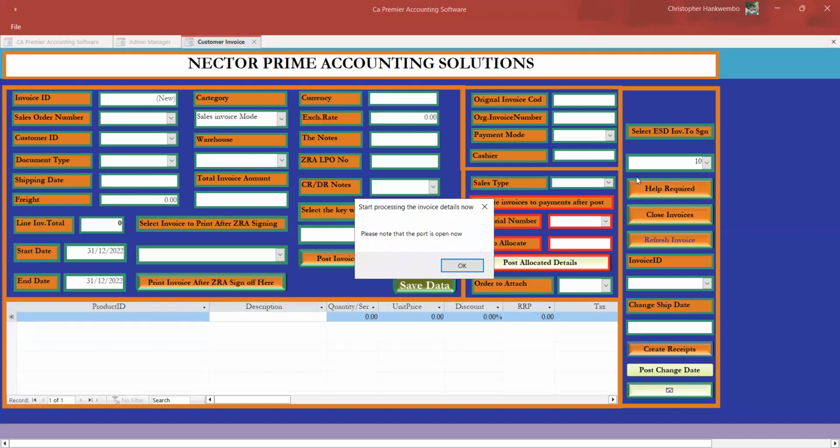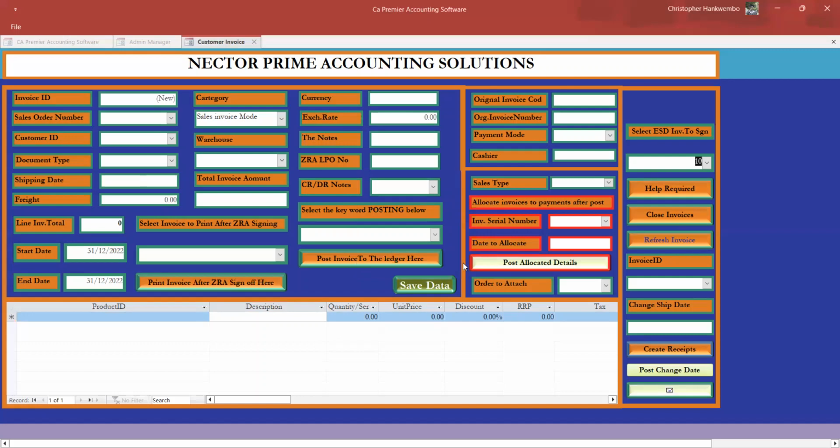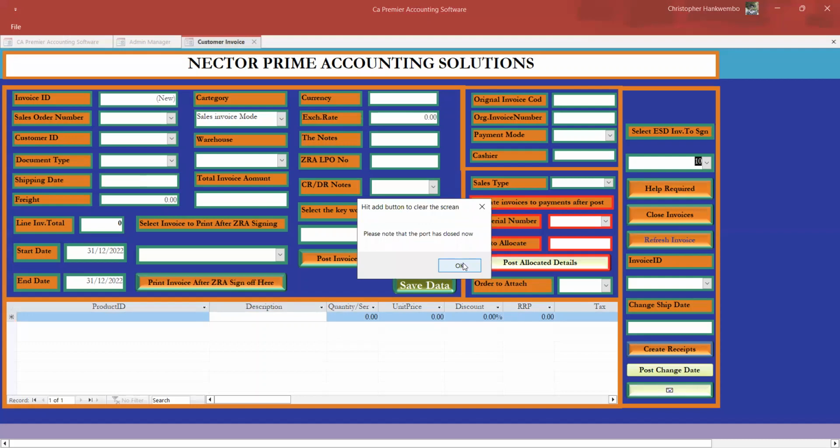So it means that now you are linking this invoice detail to ZRA. So now ZRA server is active. It has seen what you are doing. So the moment you say okay here, then the communication between your software and the ZRA server is done. So as you can see, the communication is complete and your invoice is created.